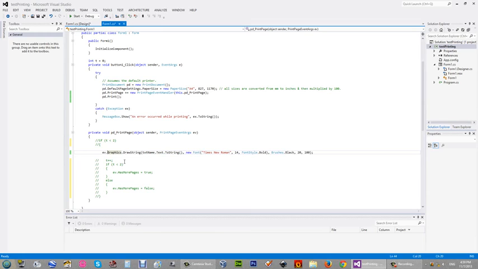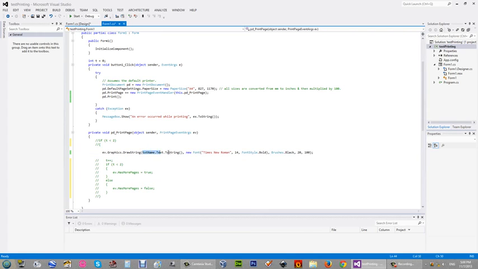In this print page method, we are defining the things that we want to print. Here we give all the things that we want to print. It's like a drawing. We draw the things and pass them to the print document to print them. Here, ev.Graphics.DrawString. DrawString is the method to draw something to the printer.